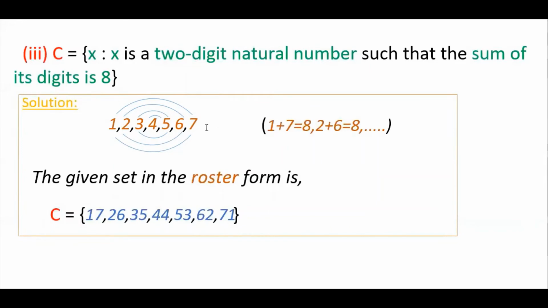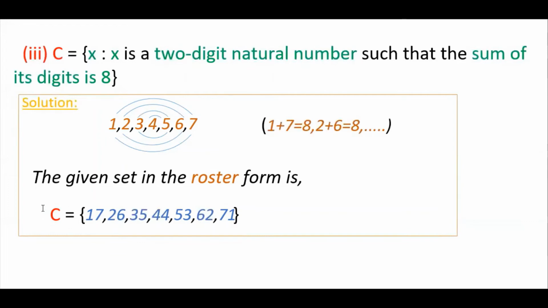So if you add 1 plus 7, yes, it is 8. And 2 plus 6, 8. 3 plus 5, 8. And 4 plus 4, 8. Again, you can write in this order: 5 plus 3, 6 plus 2, 7 plus 1 like that. So the given set in the roster form is C is equal to 17,